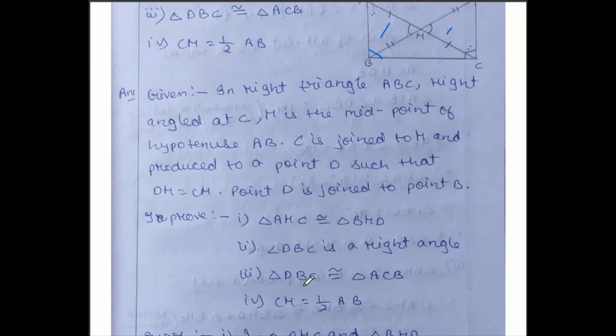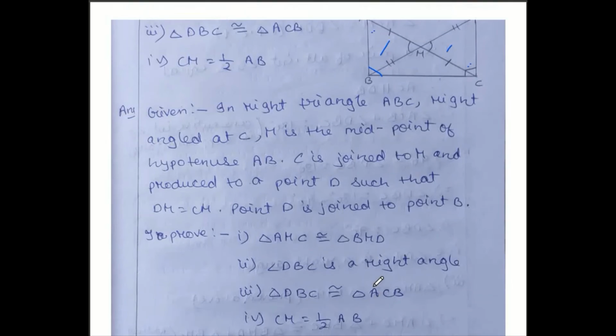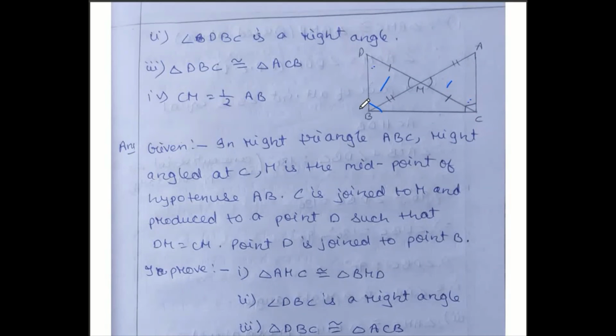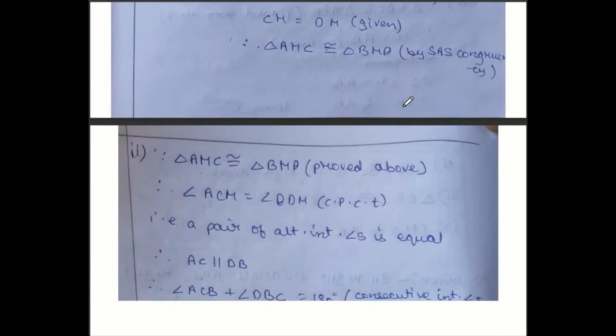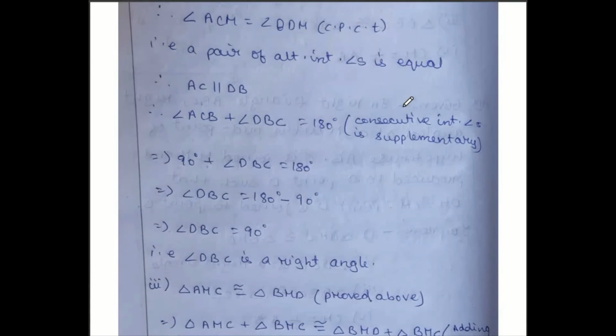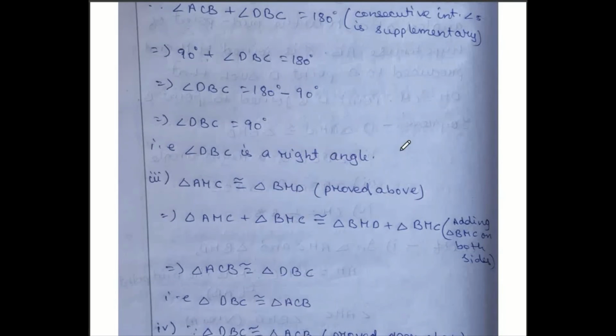Third question, triangle DBC congruent to triangle ACB. DBC is this triangle, this full big triangle on this side, and ACB is this side triangle. Both I have to show congruent, but already I have shown these two are congruent. So along with these two, if you add this small triangle, then this plus this can give us ACB. This triangle plus this triangle also can give us DBC. So to prove the third one, you don't need to go for any congruency condition. You can use this simple idea.